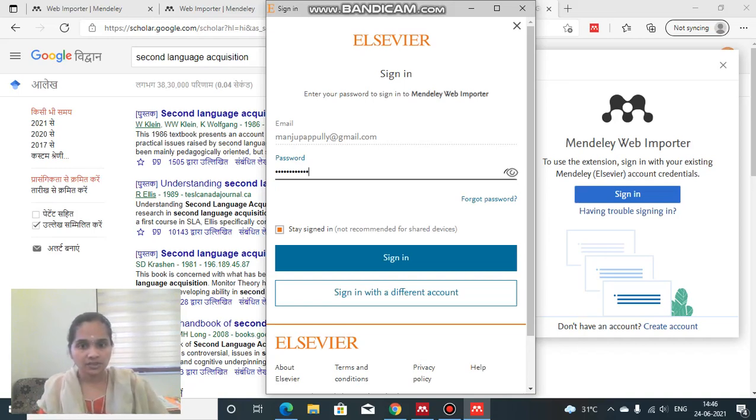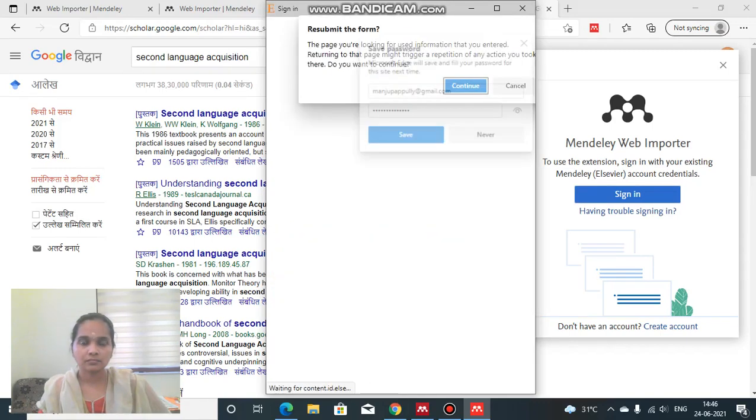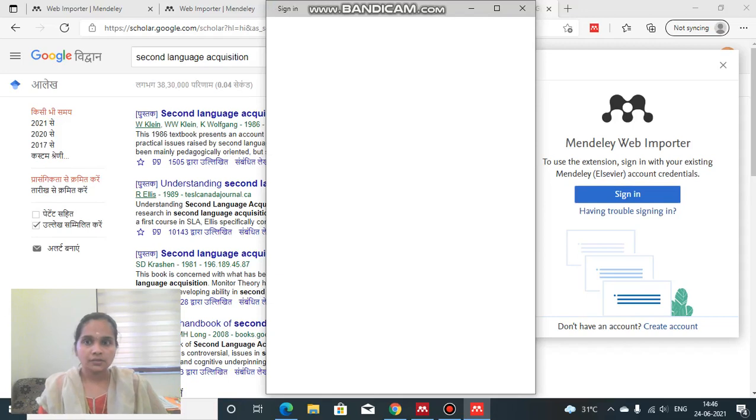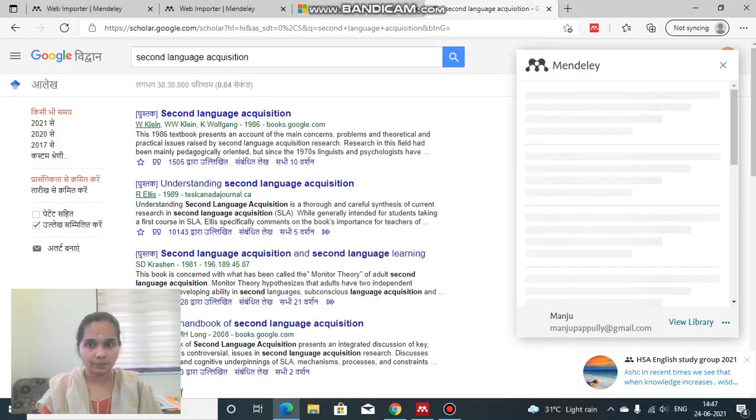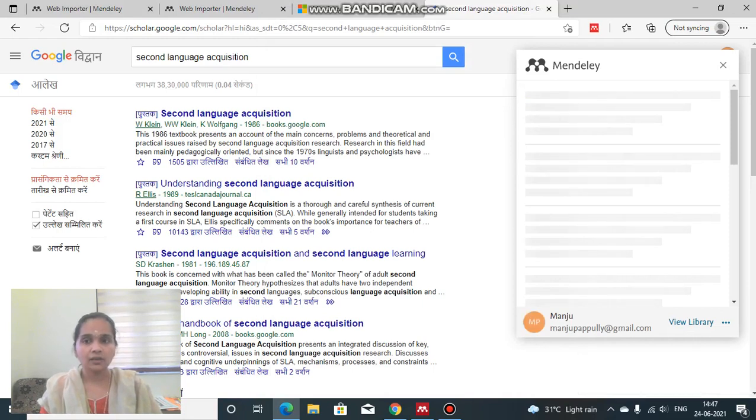I have given my email ID and password with which I have an account with Mendeley Desktop. It should be matching. Then only this Mendeley Web Importer works for you.